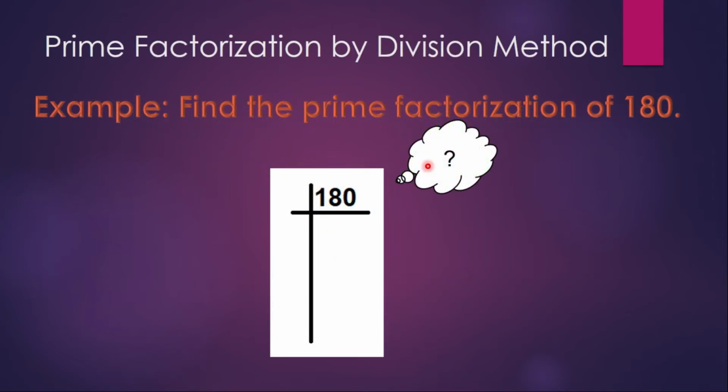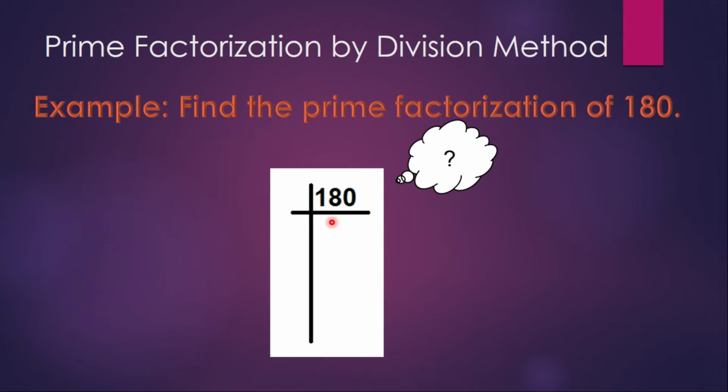In this method, the first step is to divide the given number repeatedly till we get the remainder as 1. And for dividing, as the name prime factorization suggests, we have to use only prime numbers to divide these numbers. So first of all, let us start with the smallest prime number. The smallest prime number is, children?